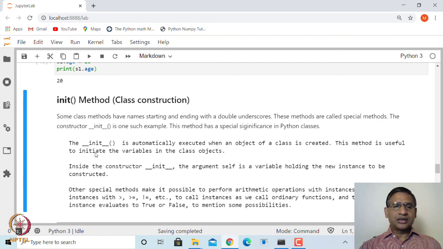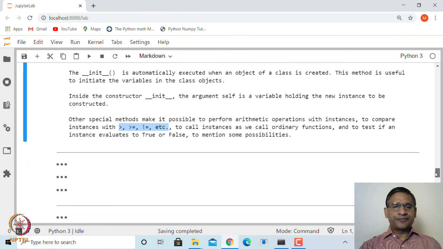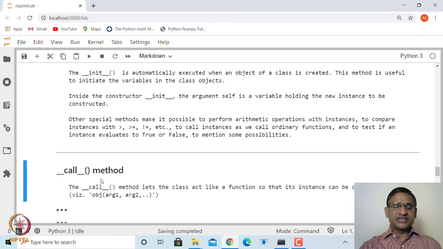And there are several other special methods. Some of the methods are for comparing objects, some of the methods are for printing, and so on. So we will see a few of them. First, let us look at another special method called call, right. So for example, when you created a function in core Python, you could also call it, right. Suppose if I create a function f(x) equal to some sin x plus x square, then if I say f of 2, it will give me the value of the function. It will evaluate the value of the function at 2.